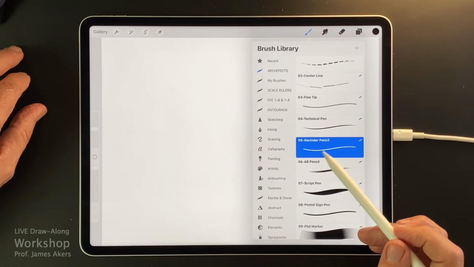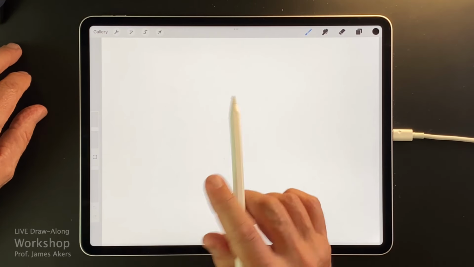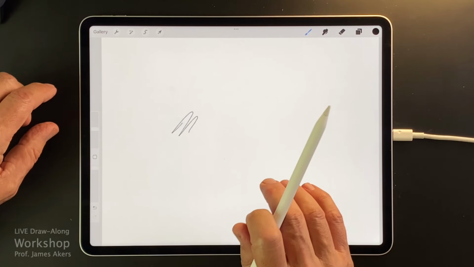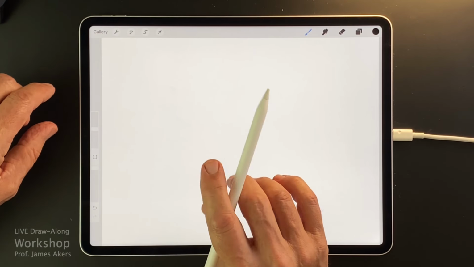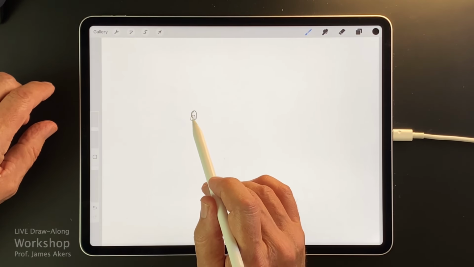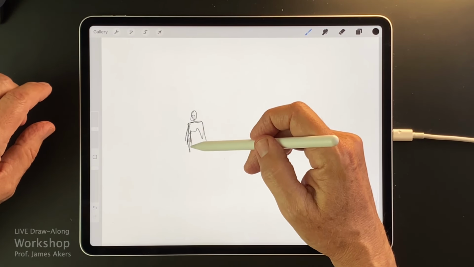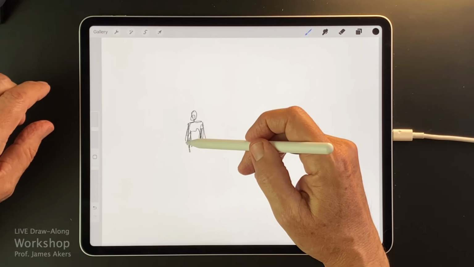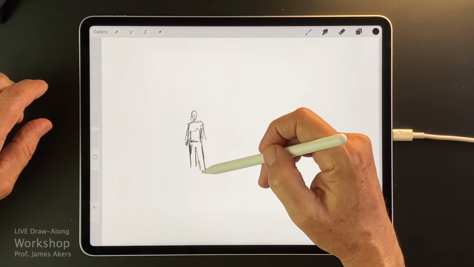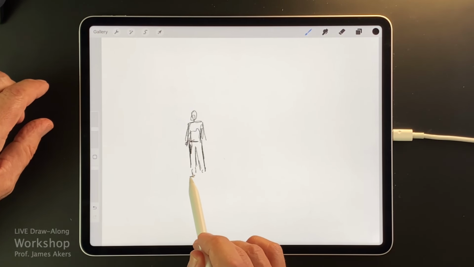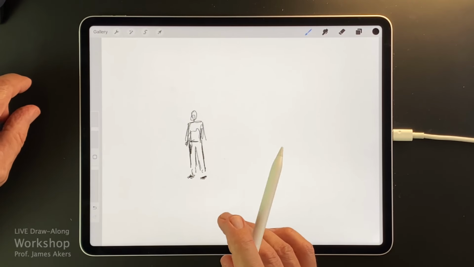Now, a lot of times, instead of going right to a pencil, because the thing about a pencil is that if I draw a person in pencil, whether I like it or not, I'm starting to actually give that person details. A lot like that analogy we talked about where computers kind of make people too tight, right? And so even though I'm just trying to draw in blobs, I'm still making some decisions about that person.